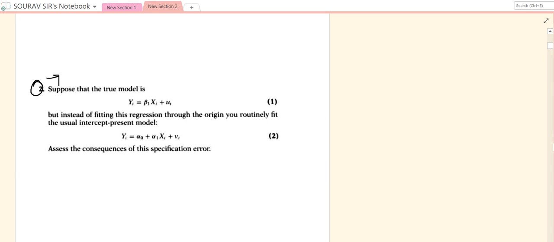Suppose that the true model is yi equals beta1 xi plus ui, but instead of fitting a regression through the origin, you routinely fit the usual intercept-present model. Assess the consequence of the specification error. The deviation from the true model can be written as